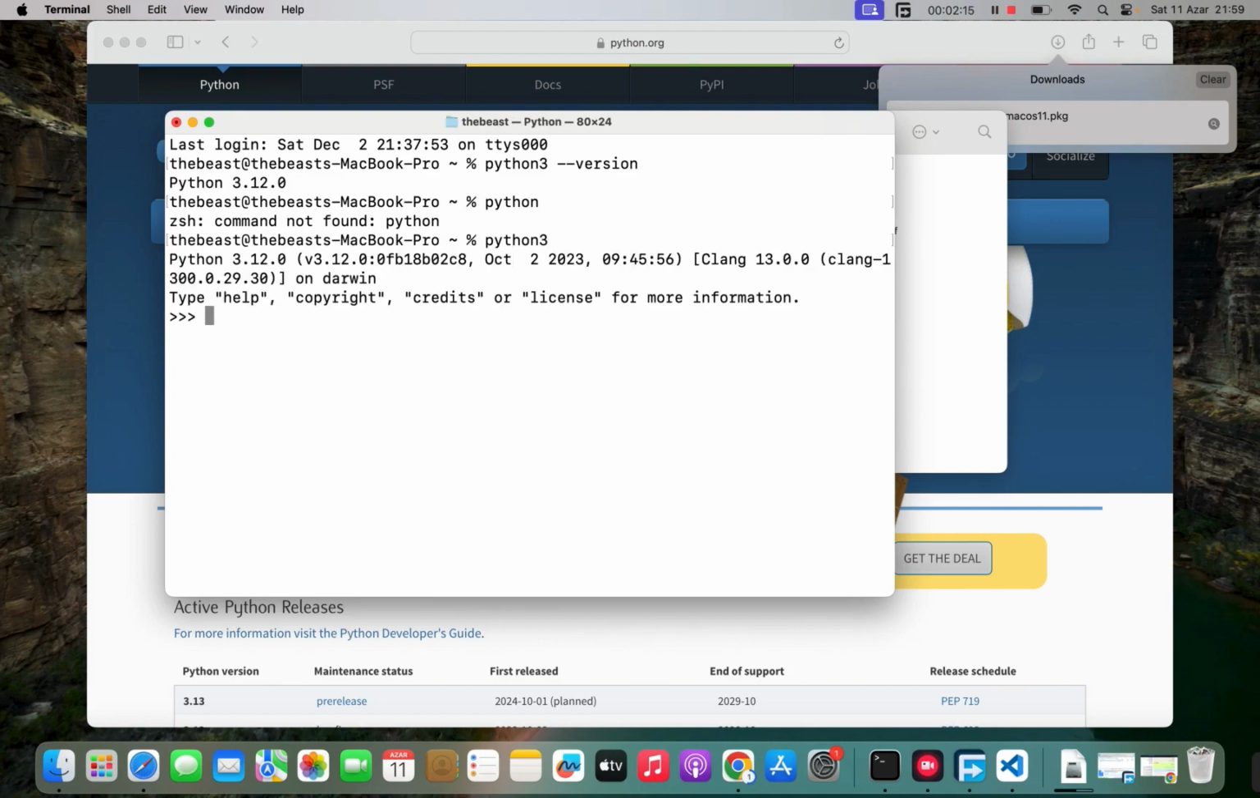and we are now inside the Python playground, so we can write some simple print statement. You can see it has printed hello world